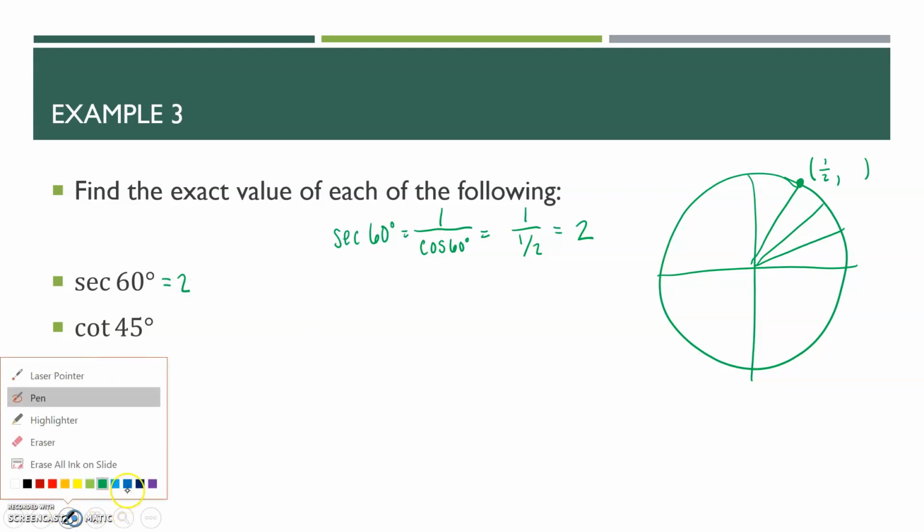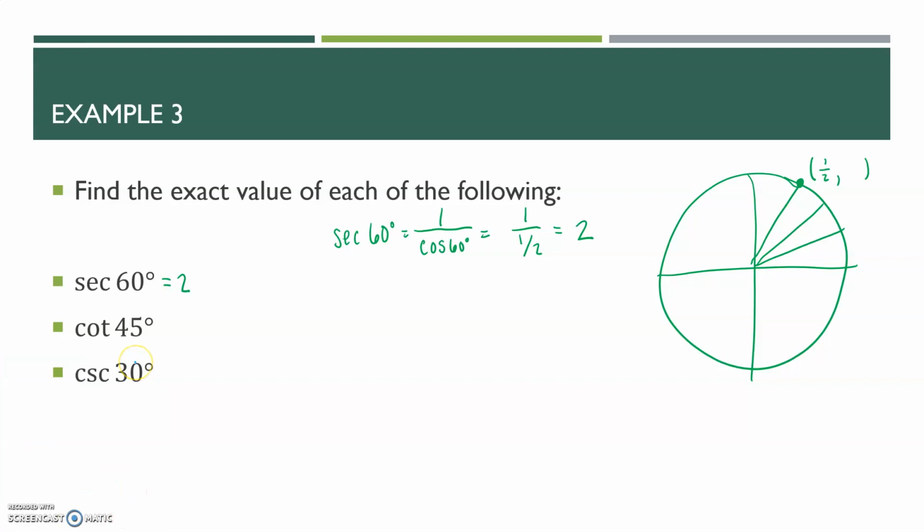But we can actually do this a little bit differently. Actually, let's do cotangent first, and then for cosecant I'll show. So cotangent of 45 degrees is going to be 1 over tangent of 45. Now, we haven't talked a whole lot yet about how to find tangent values, but remember that at 45 degrees, it's radical 2 over 2, radical 2 over 2. What we're doing for tangent, and this is very important, you might want to make a note of this, is that the tangent,